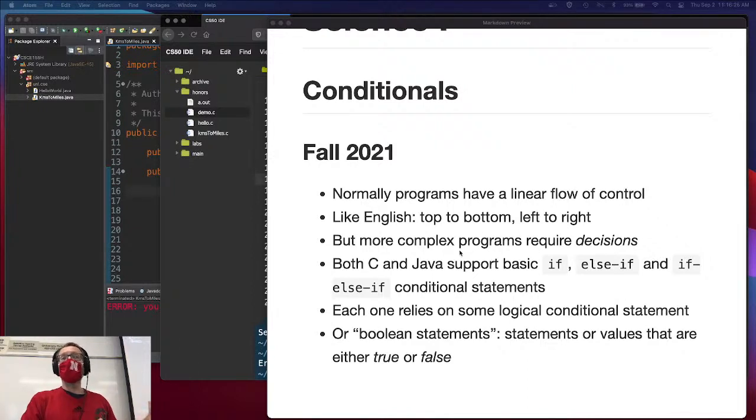I don't know. We have to run the program first, right? But ultimately, when it is evaluated, it has to be one or the other. It's not something in between. It's not a half-truth or 0.5 truthiness or whatever. Boolean statements can also be used. Statements that are values that are either true or false, right? So